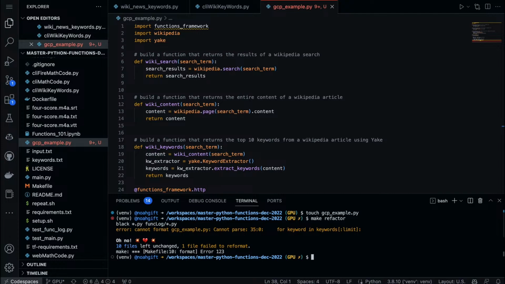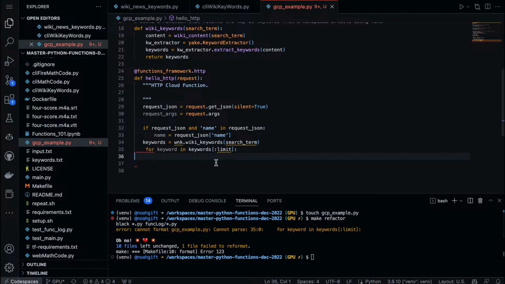In fact, I could even get some ideas here. So it says cannot parse line 35. Yeah, just as I suspected, there's all kinds of weird formatting issues with all this stuff, definitely annoying to deal with this kind of stuff. See, this is super annoying.